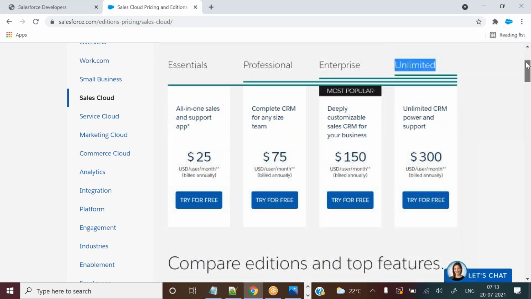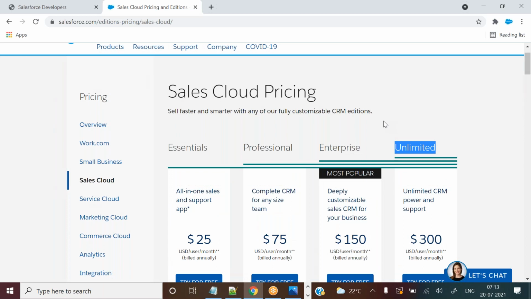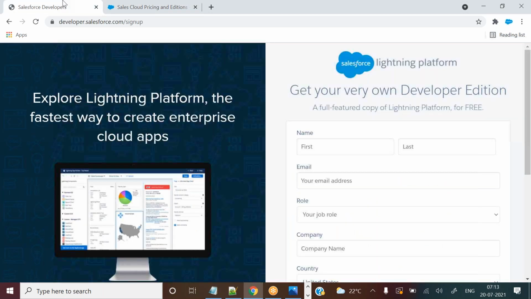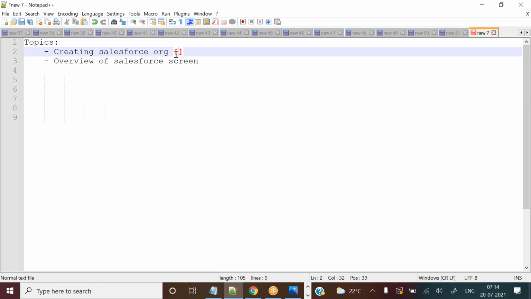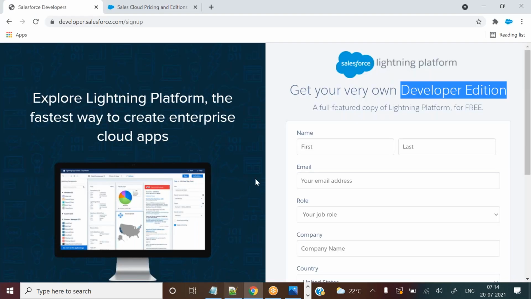Whatever features we have in Unlimited edition, we can have the same features in the free edition also. The free edition name is Developer Edition. You can remember the name, guys. Going forward, you need to remember the technical names. It is always better to remember the technical names. It is Developer Edition, the free edition.